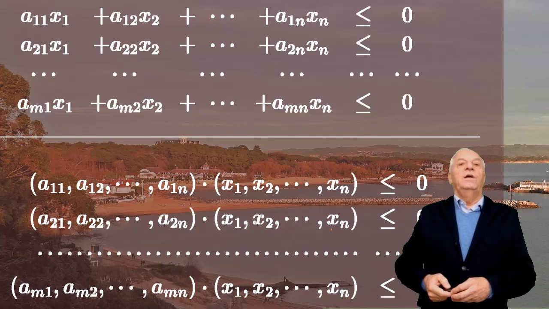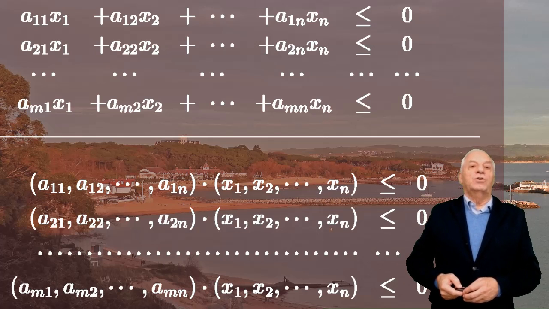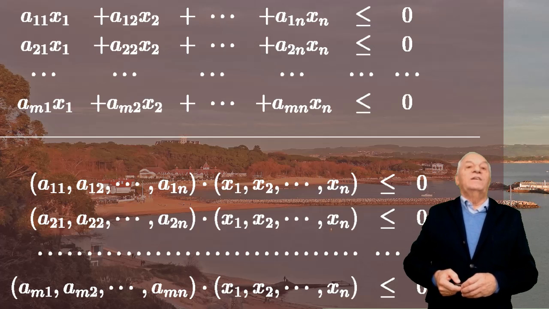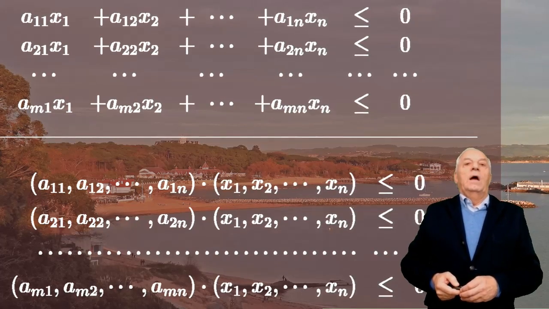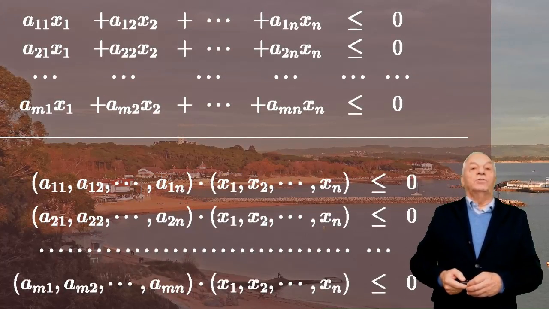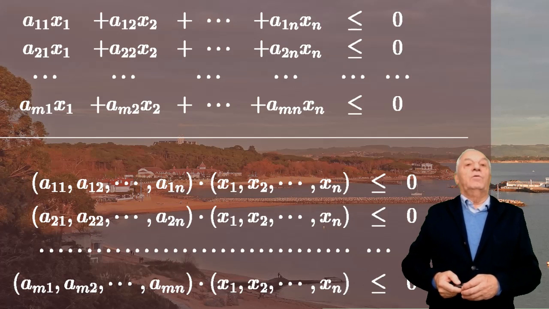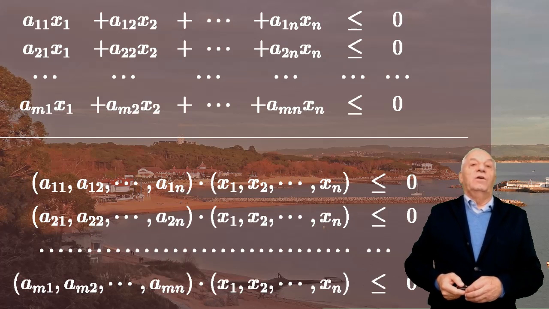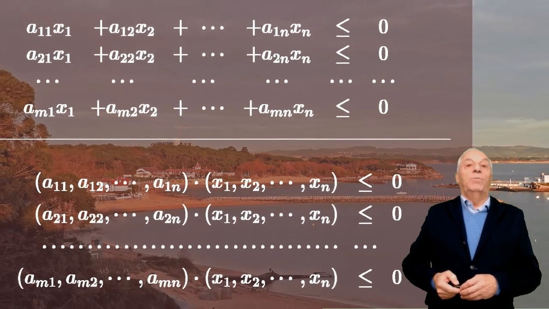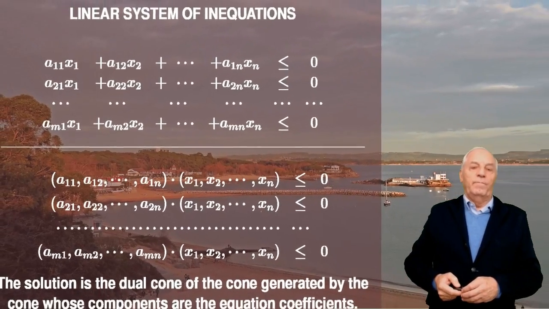This is precisely what the system in the lower part of the figure shows, which is exactly identical to the previous one, but which, being written precisely in this form, shows us the structure of the set of solutions in a very clear way. As we know, the scalar products below, of the vectors of the coefficients of the equations above by the vector of the unknowns, are precisely the linear combinations of the equations above, which proves the equivalence of both representations, that is, that both systems of equations are the same.